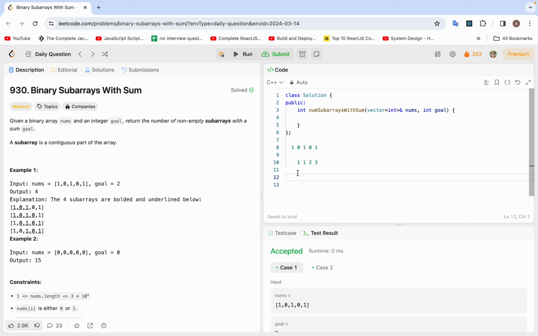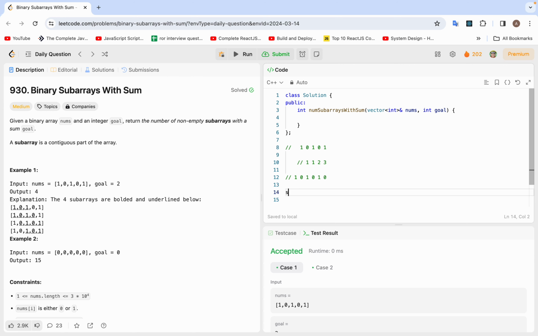Why? Because this is not a normal nums value, this is a binary value, right? 1 0 1 0. What happens in case of zeros? They get added and do not affect the summation value, but they affect the number of subarrays. So a normal sliding window will not be able to solve it. So what we can do is